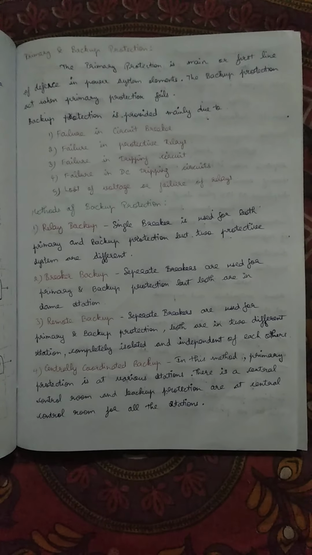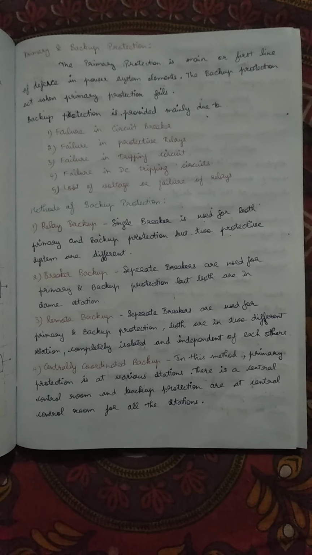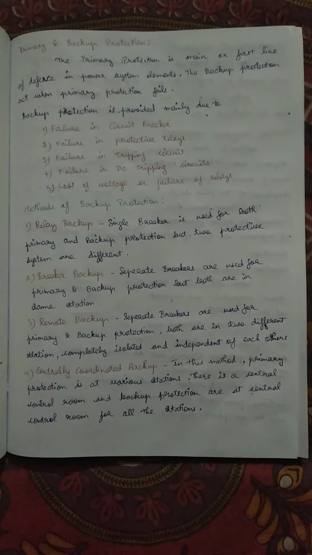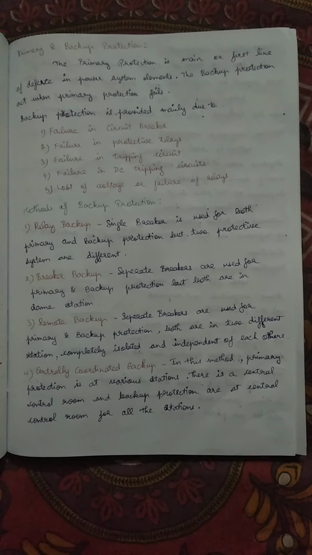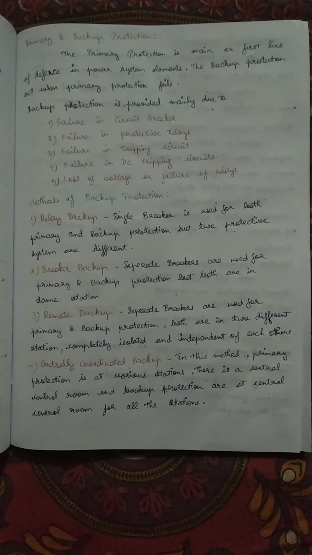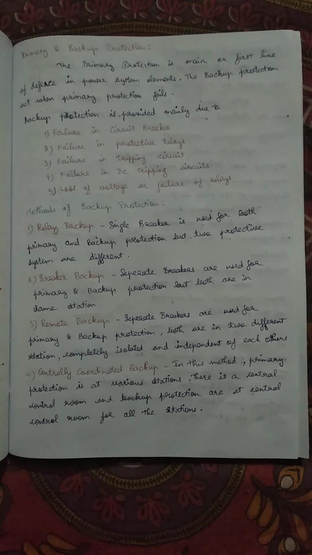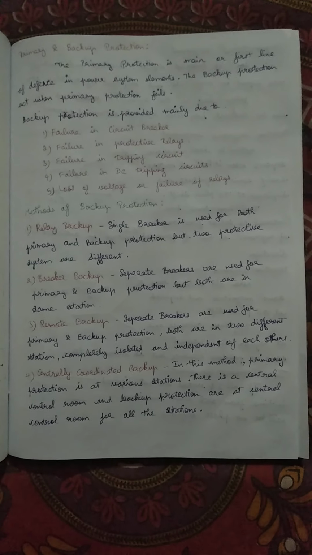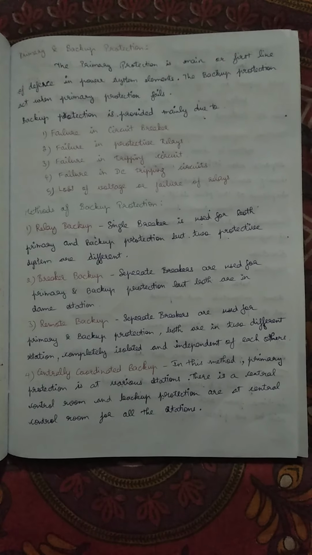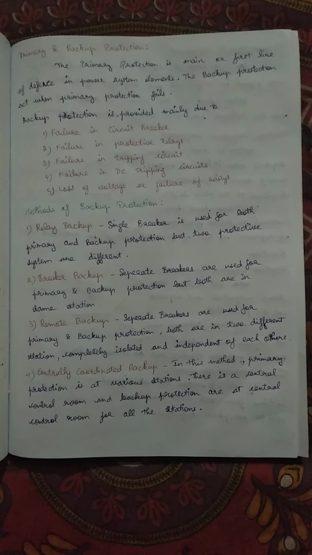These are the main reasons for a primary protection failure, which means the primary protection gets affected. At that time, the backup protection may be activated and backup protection tripping will be initiated. So more or less, the function of both is the same, but the primary will be the main first defense and the backup protection will be the backup to the primary, and that is the backup protection.